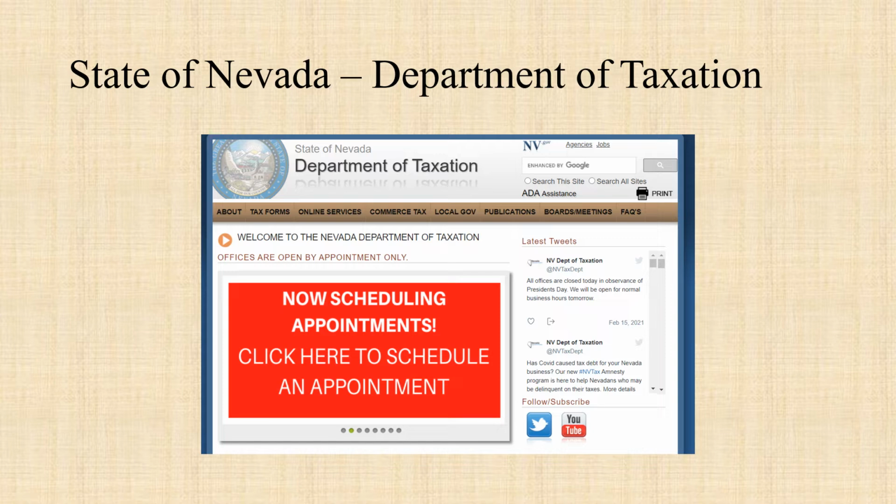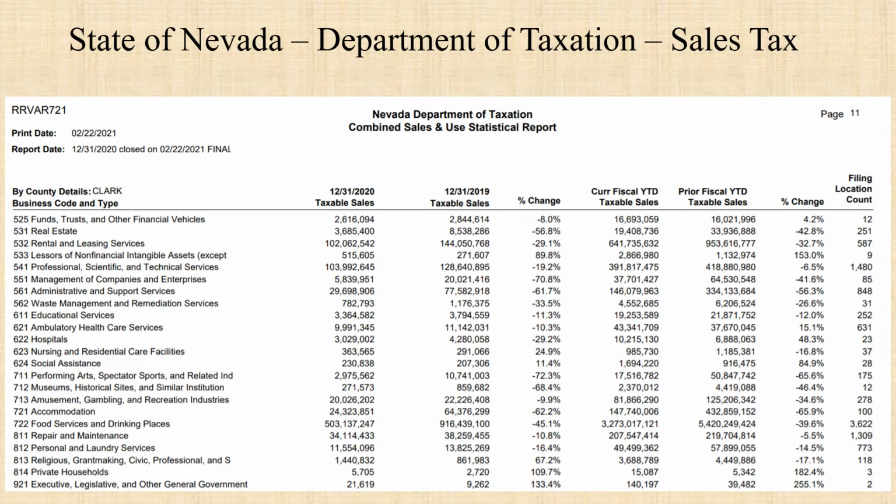But you can go to the Department of Taxation website for the state of Nevada, and one of the kinds of information that you will be able to find right away is information like this. So this is the report for December for Clark County. With this data, you can see that they have a whole bunch of lists. There are 4 or 5 pages of this. This is just one page of the data for Clark County, and this talks about the December taxes, taxable sales